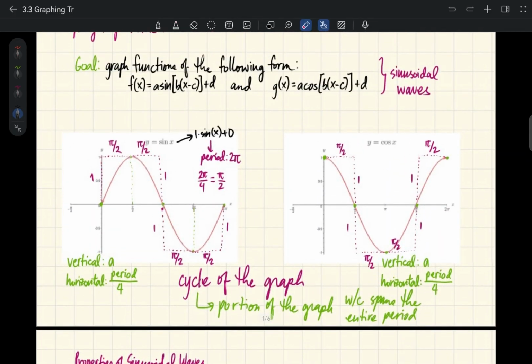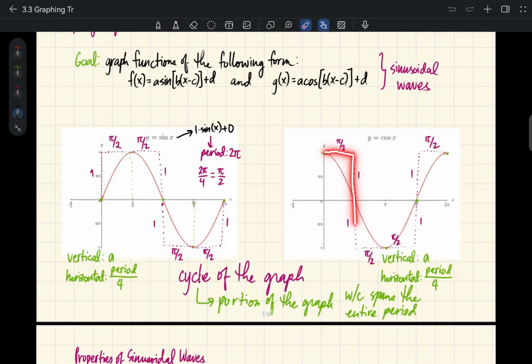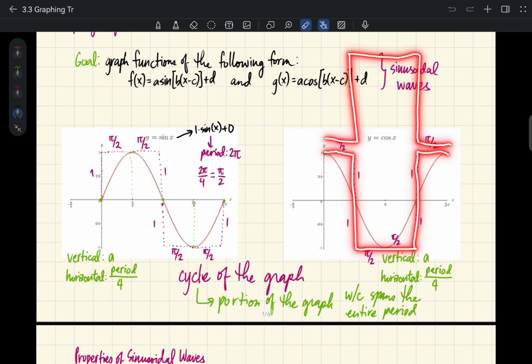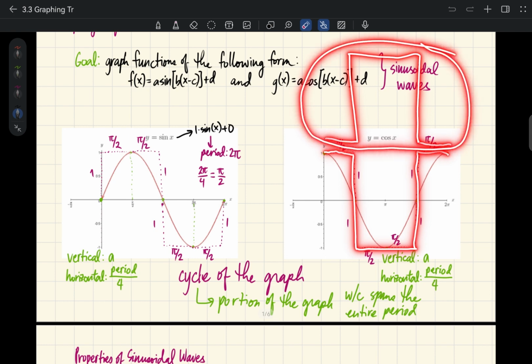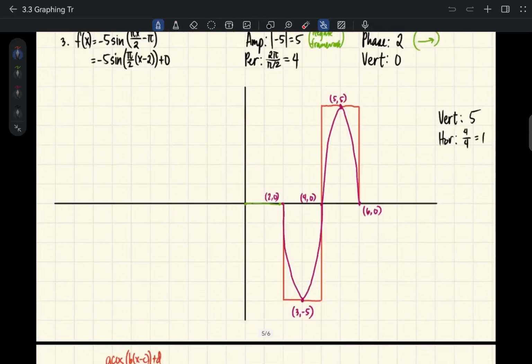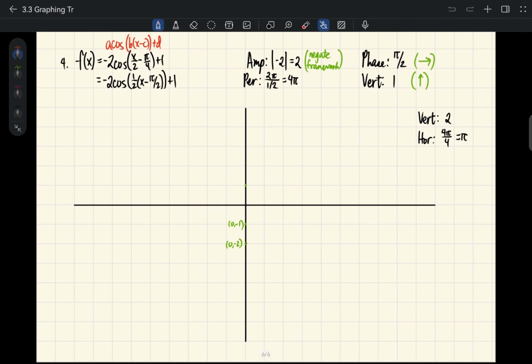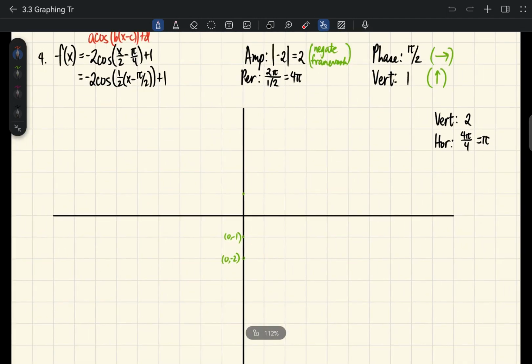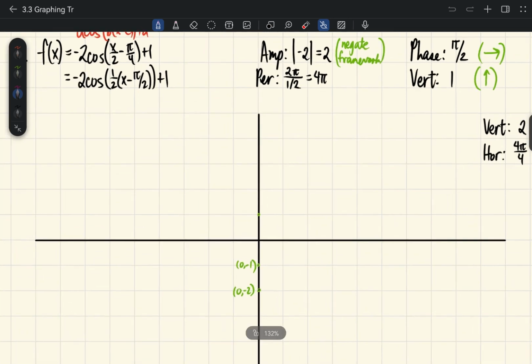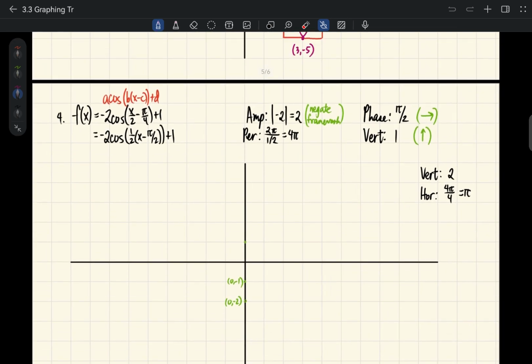So take note, this is our original framework. But since we have a negative value for A, we have to negate our framework. So what we will follow is this one right here. So instead of a bucket, we're sort of creating a hat. So how do we do the hat? First, we haven't found the initial point yet. First, let's find the initial point.